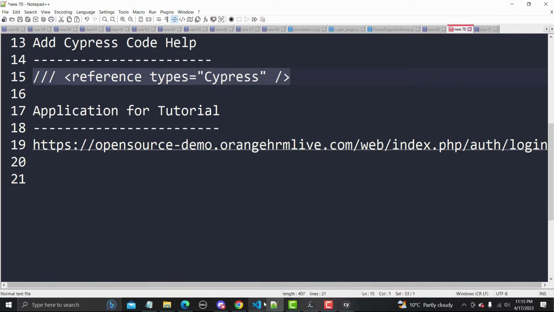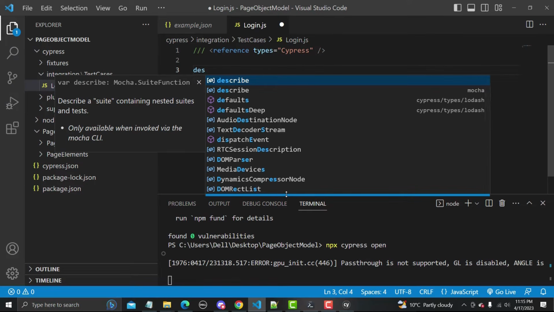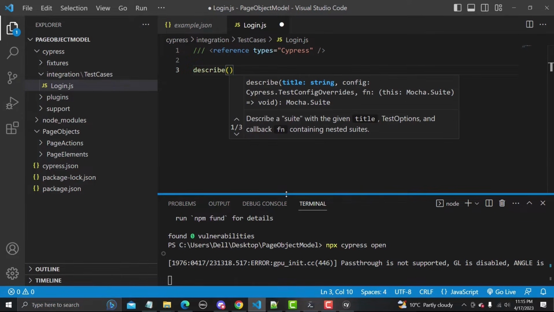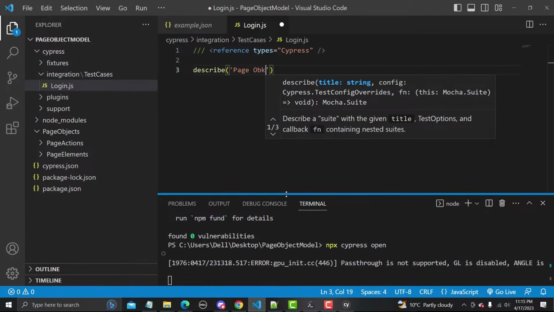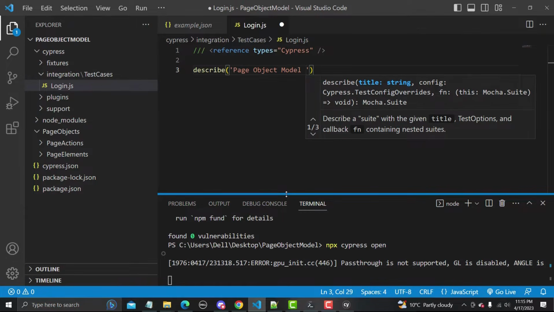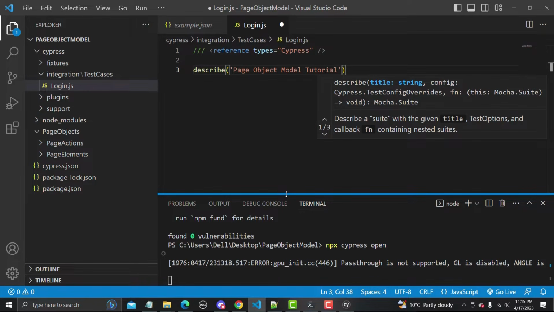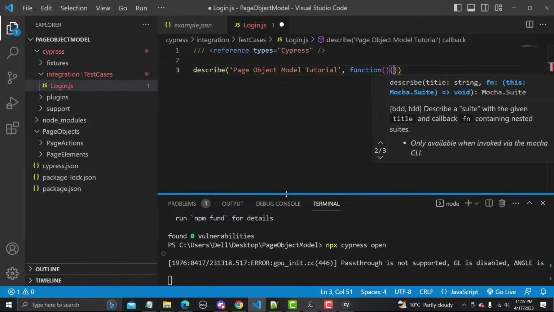And now let me go back to Visual Studio Code here. We know that using the describe block, we will be creating our test suite. So I'm naming this suite page object tutorial, and we need to use a callback function here.